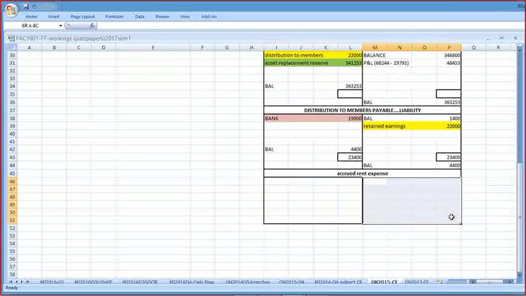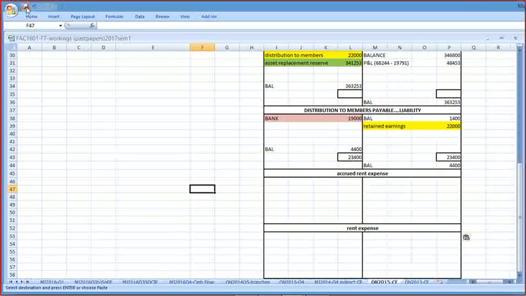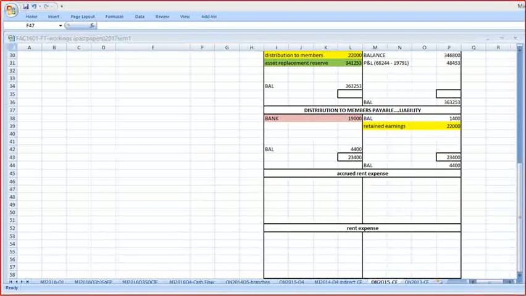Accrued rent. Rent expense. The balances are going to be on the debit side. Balances for accrued rent expense. Think about it. What is it? It's money owing, so therefore it's on the credit side, but for the rent expense it's on the debit